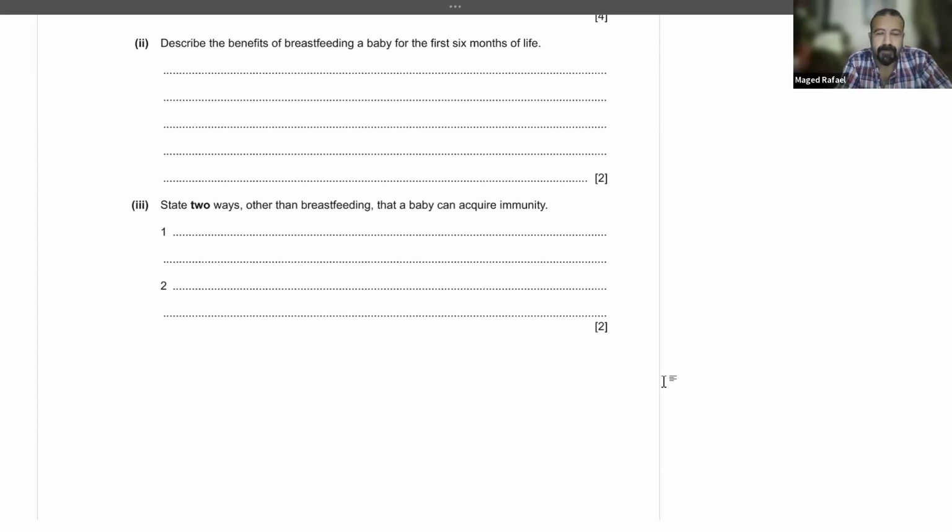Passive immunity is one of the benefits, and the idea of forming a bond between mother and baby. You are all thinking about the baby and no one thinks about